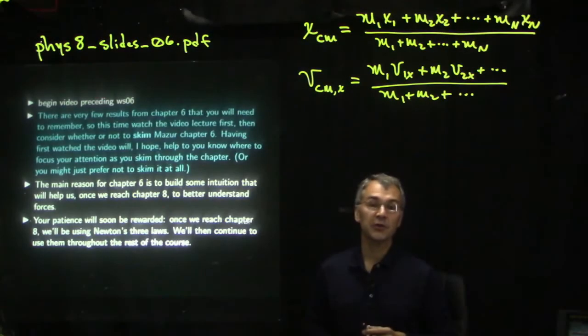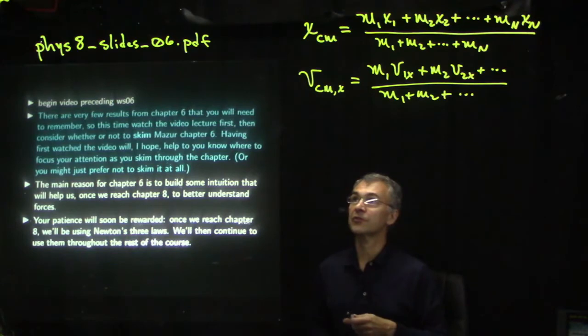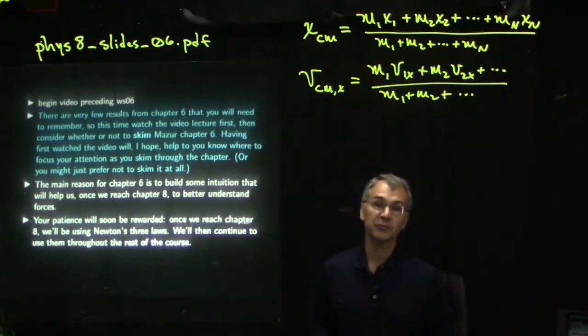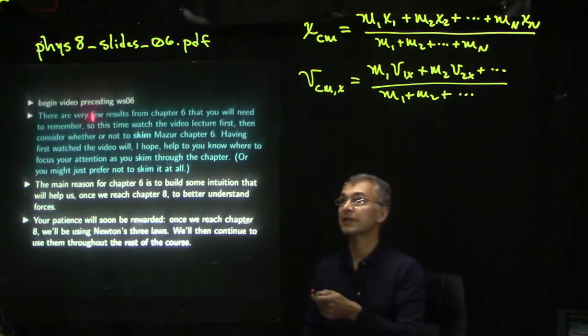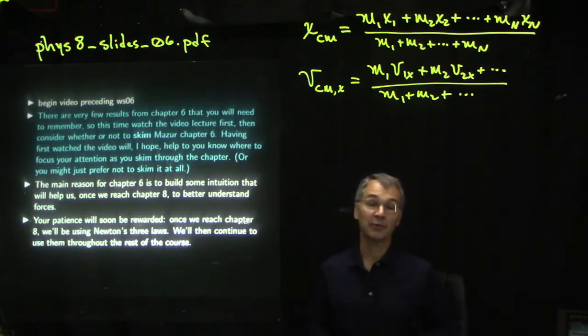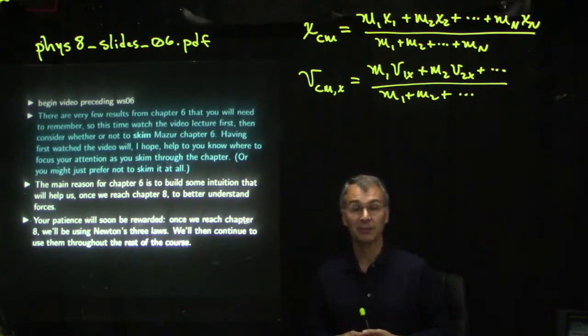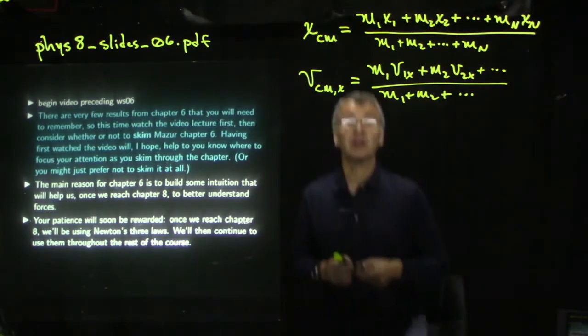So this is the video that we'll watch before worksheet number 6. It covers chapter 6 of the textbook, and the file name in the web page files area is phys8slides06.pdf. There are very few results from chapter 6 that you need to remember. As a matter of fact, the only 2 results that you actually need to remember from this chapter are the